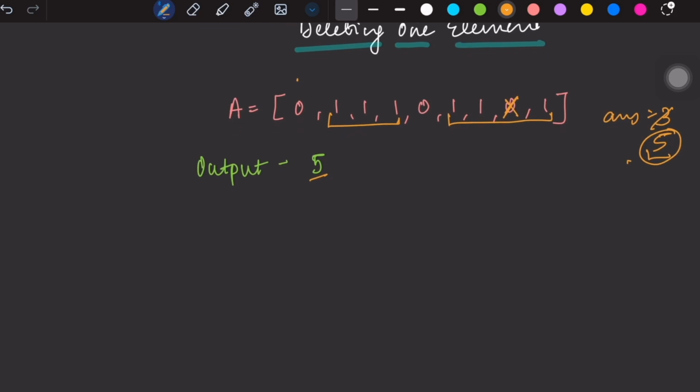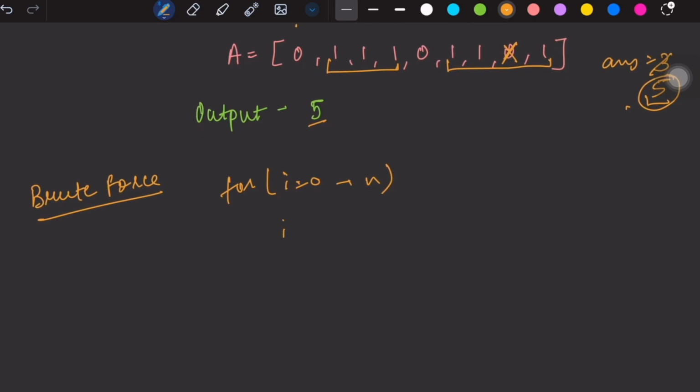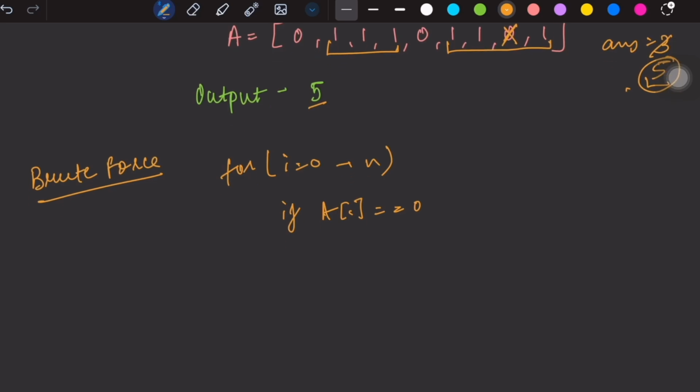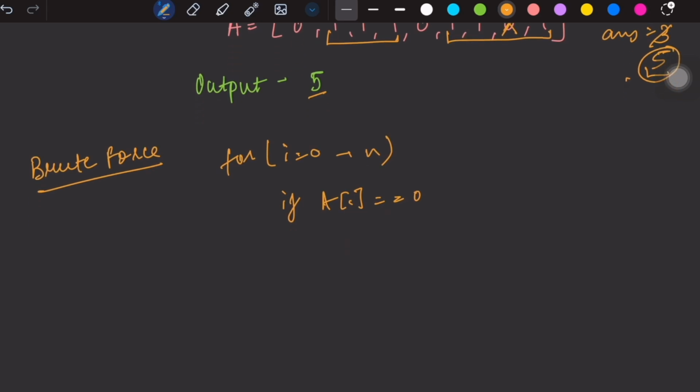So this is a brute force approach. Okay, so let's just have a pseudo code for this brute force approach. What we'll do, we will run a loop for int I 0 to n. And we'll check if current I equals to 0. If it is 0, then what we'll do, we will pass this array in some variable. Okay, we will get our answer,